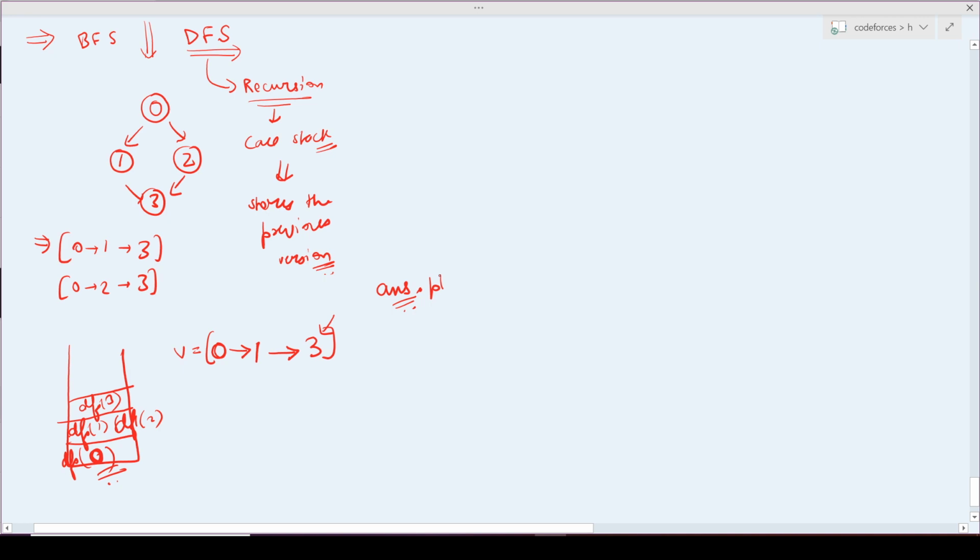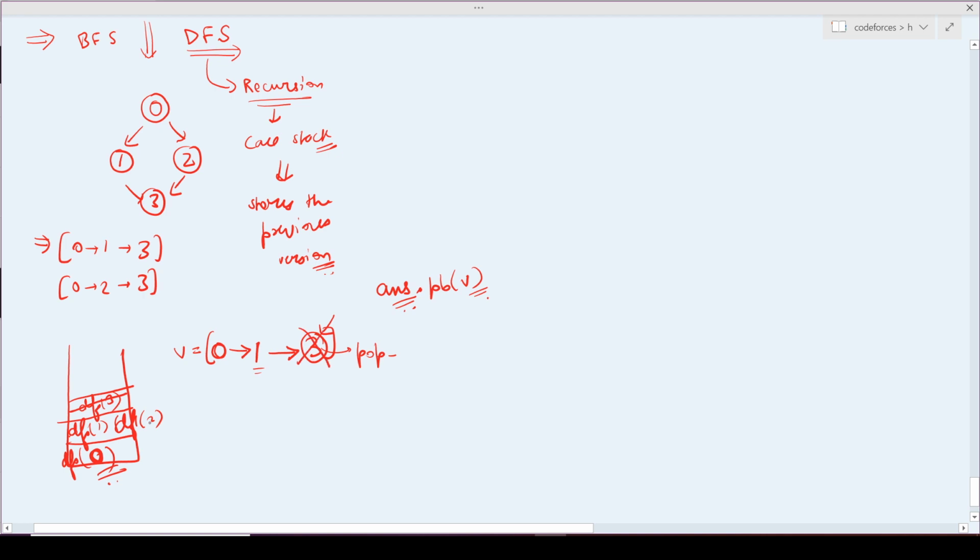Now the next thing I want is the remaining children of 1. First of all, when I return back from 3, I don't want 3 anymore here. So what I will do, sir, is pop it out, which means 3 is now removed.